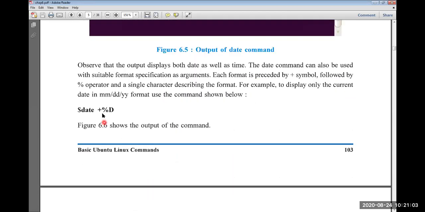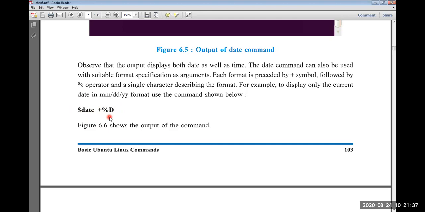As we have seen, a command has three parts: first the name, then options, and then arguments. Here we are giving the name of the command, date, and this is the option: plus percentage capital D. Students, remember that in Ubuntu commands are case sensitive.